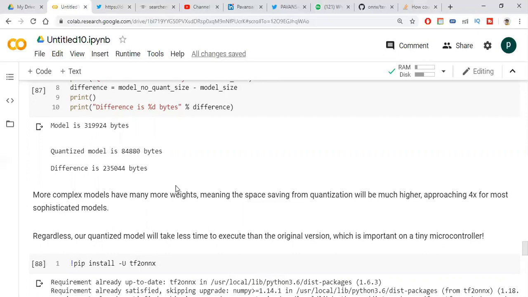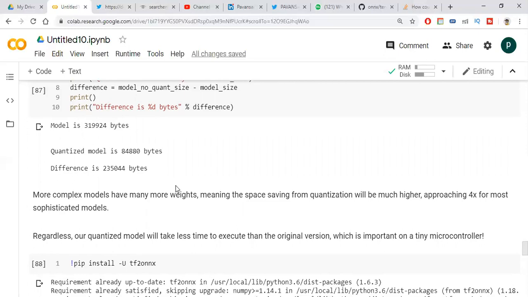To eliminate this problem, all companies are moving to one standard. So Microsoft developed an API to convert any deep learning model to a standard format, called ONNX, which means Open Neural Network Exchange. It converts any model to this format, so we can use the converted ONNX models on any platform.